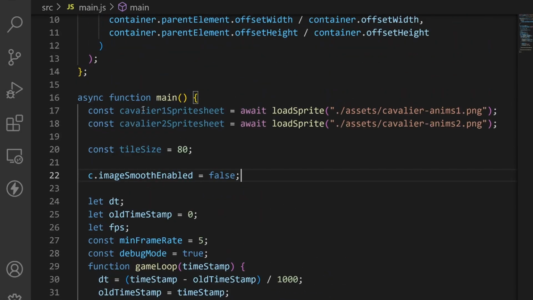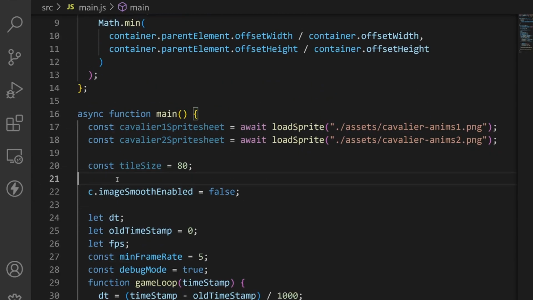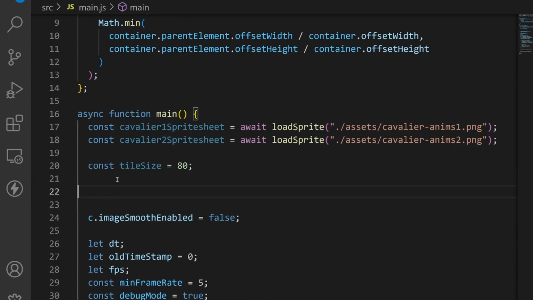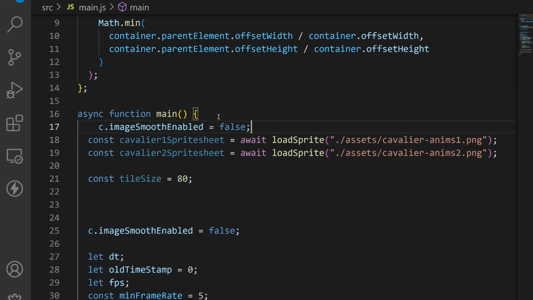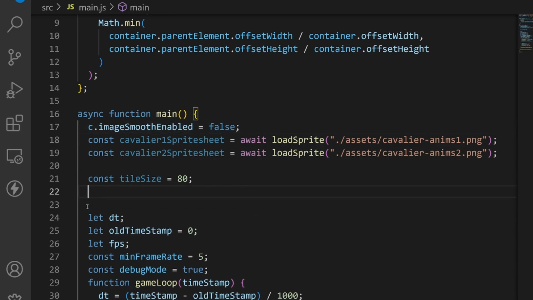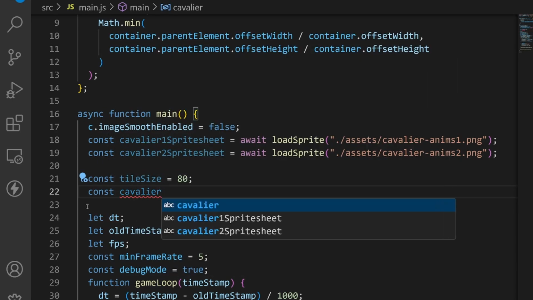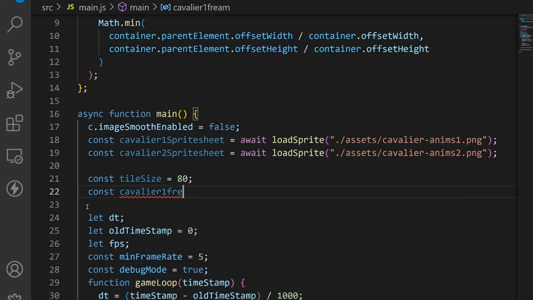You know what, I'm not sure where to put it. So let's create our first hereafter. You know what, let's put this at the top here. And then we're going to simply put it here, create a constant called Cavalier one frame